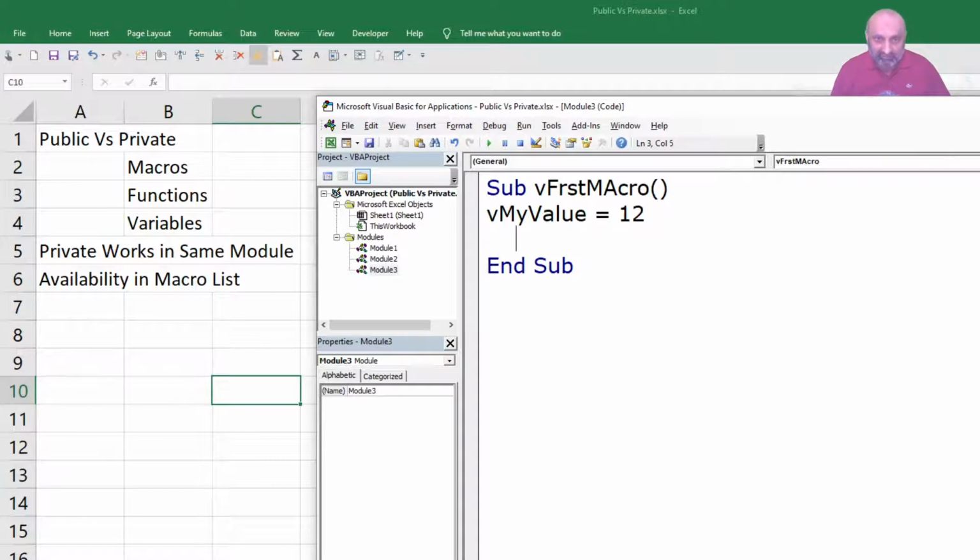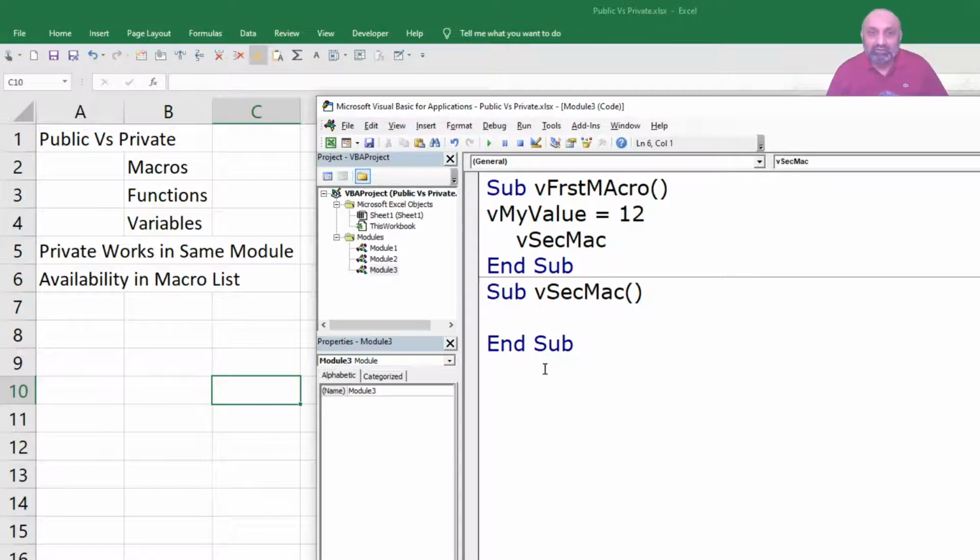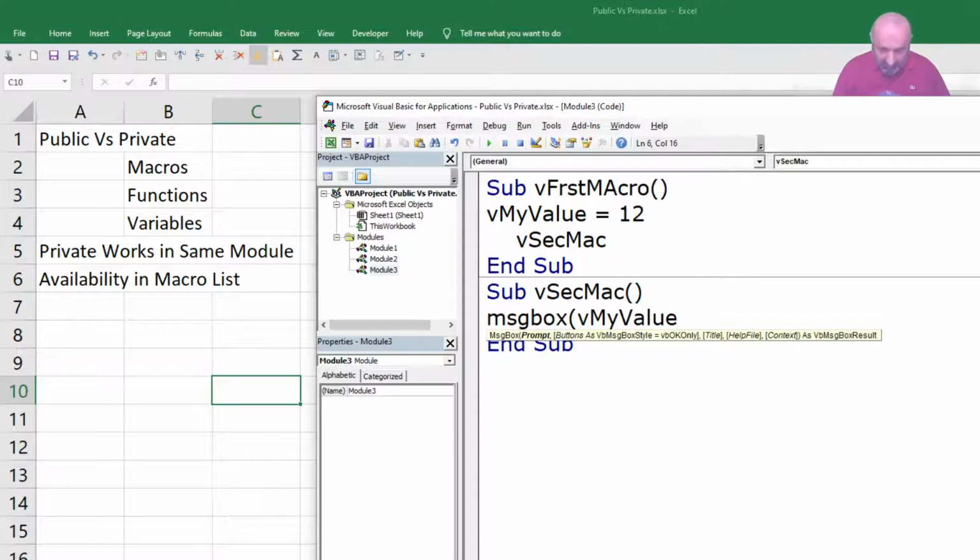And let's call another macro, secmac, our second macro. Sub secmac is going to display my value, so MsgBox v my value. So what is going to happen is I'm going to run the first macro.